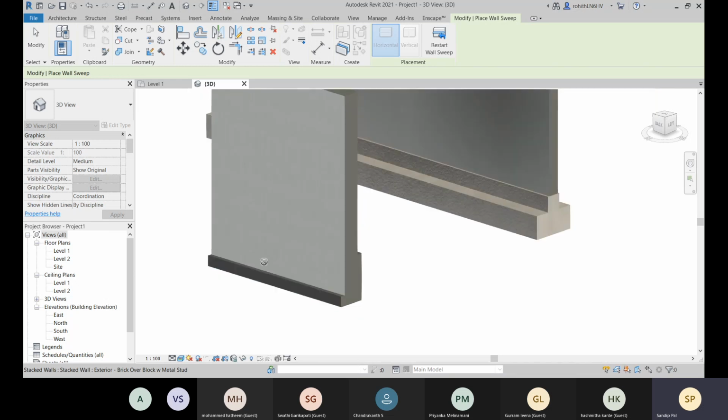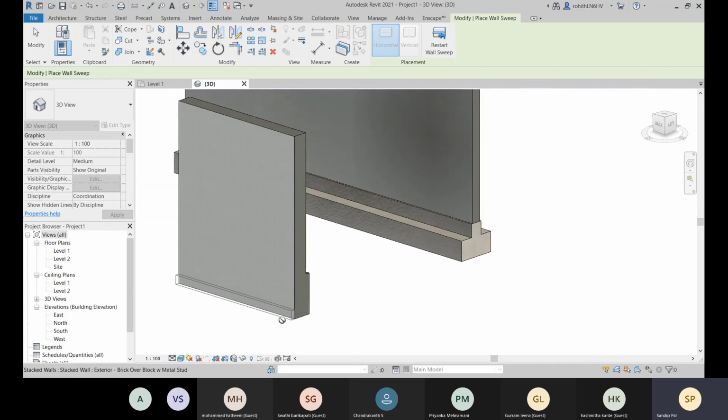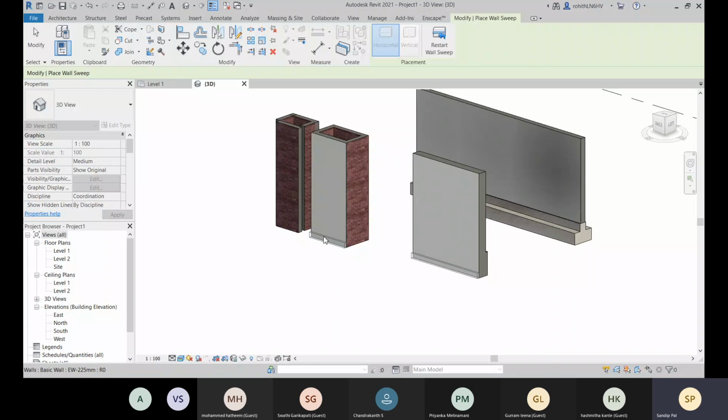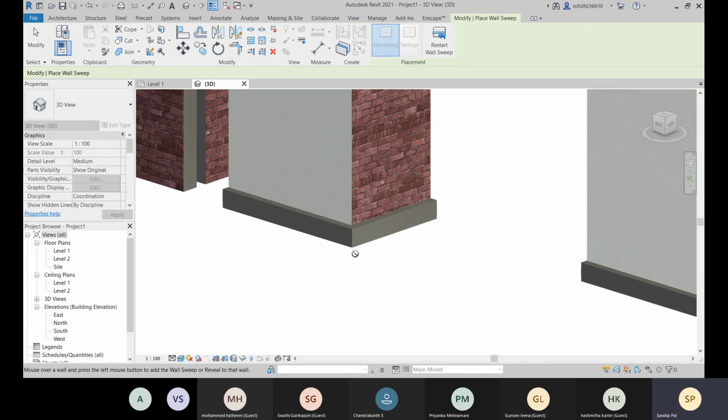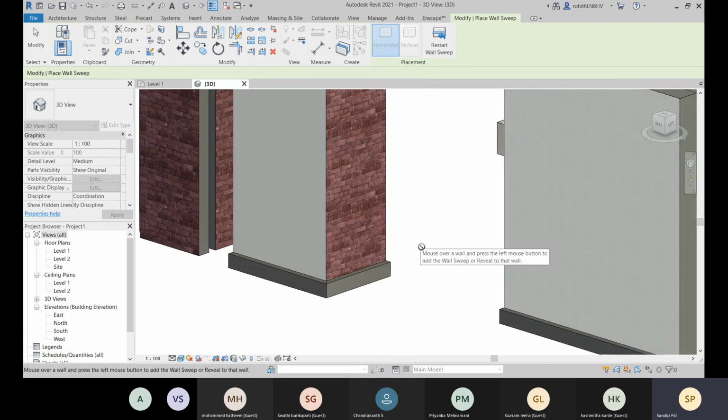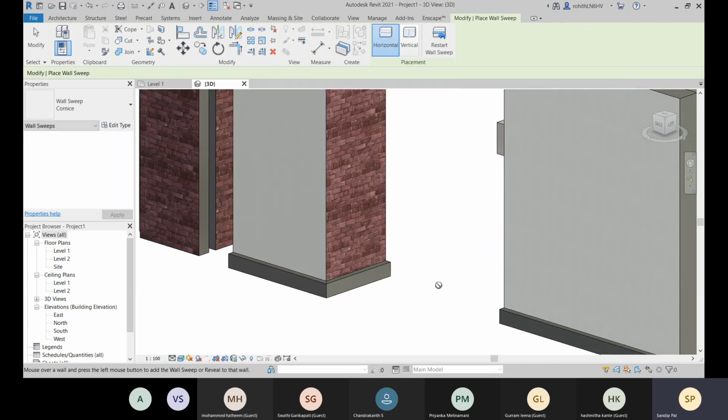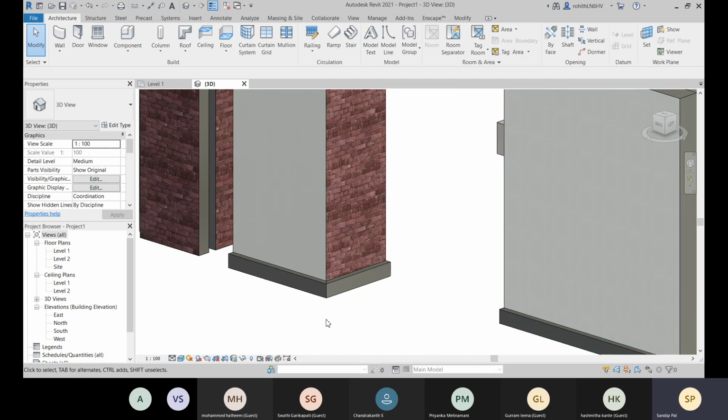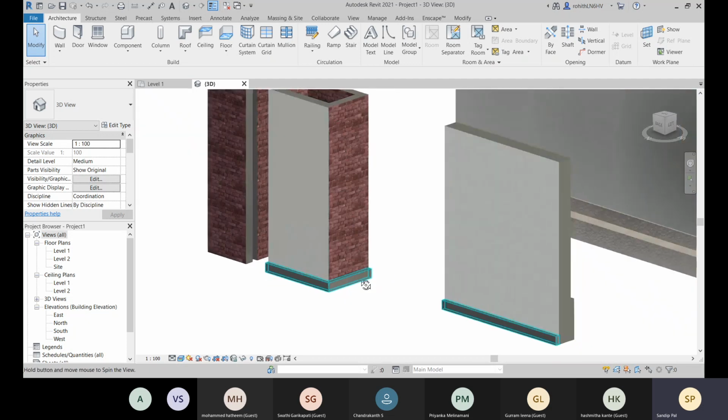Okay, so it is placed right now. You can place it over there, you can place it over there, so it will automatically connect. All right.